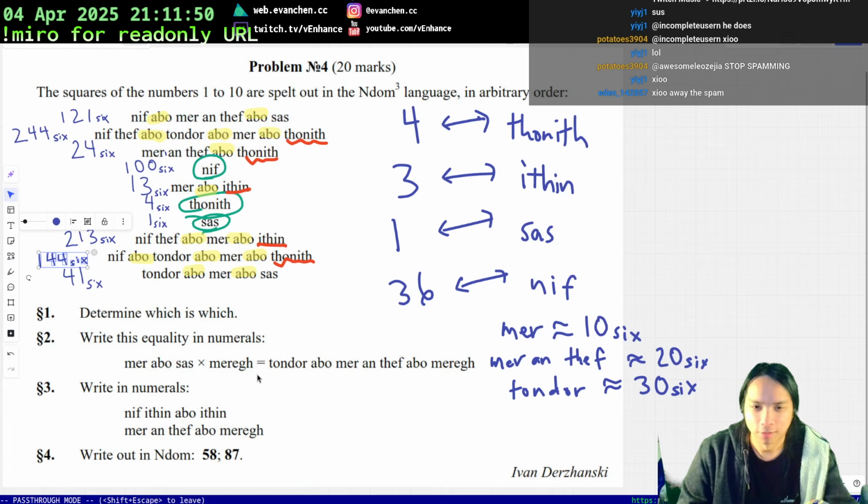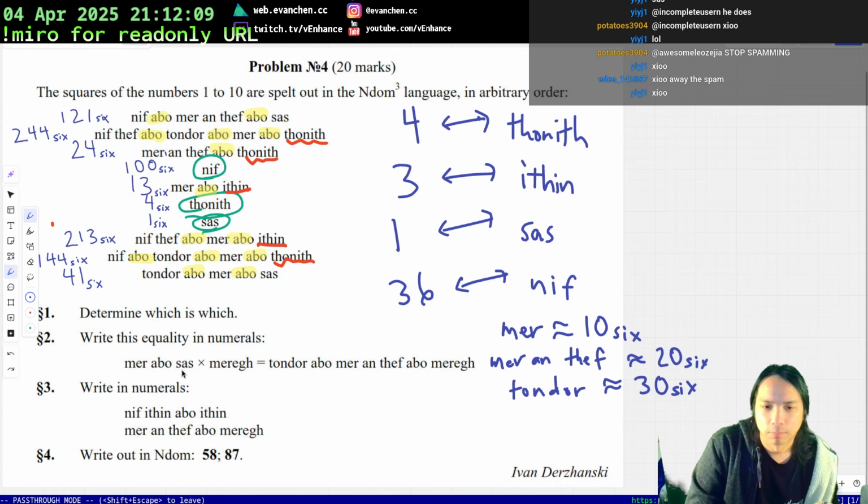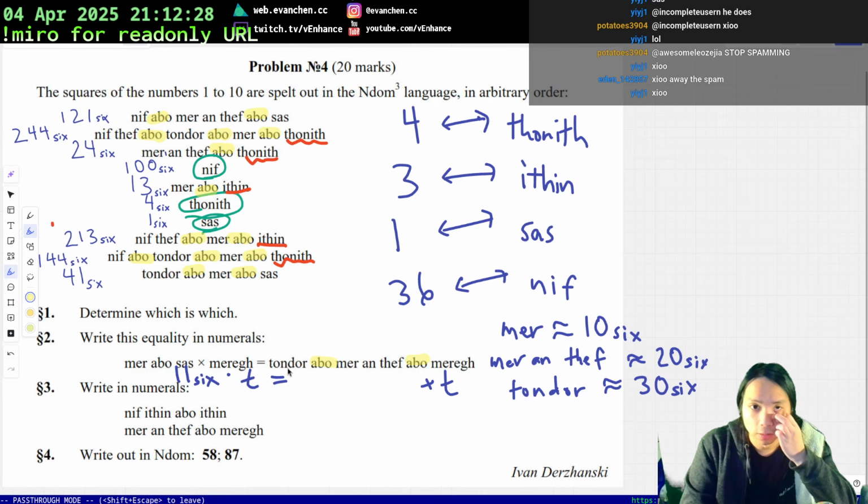All right. Okay, and now we just have to finish the last few things here. Oh, this is a new word, so the point is that we need to use what we already learned to figure this out. So mer abosas is 11, and then times some constant t is equal to something plus t. This thing has apo is plus. Mer and def is 20. And tondor is